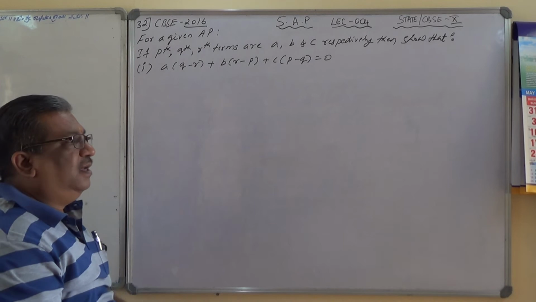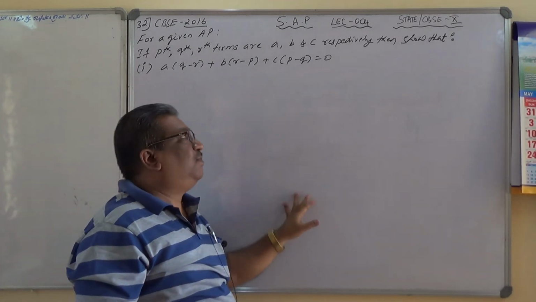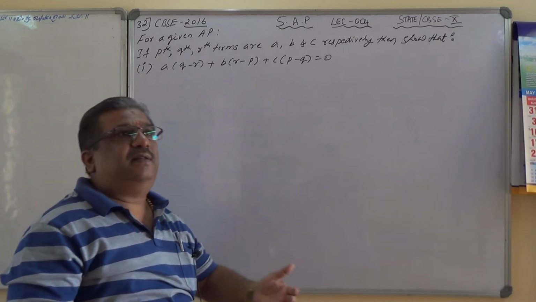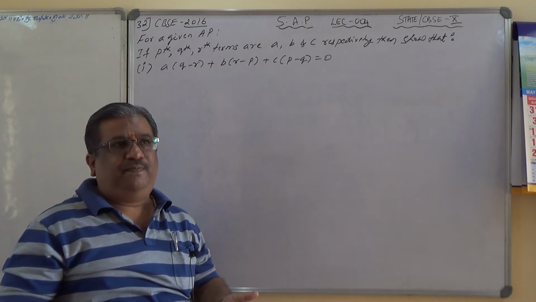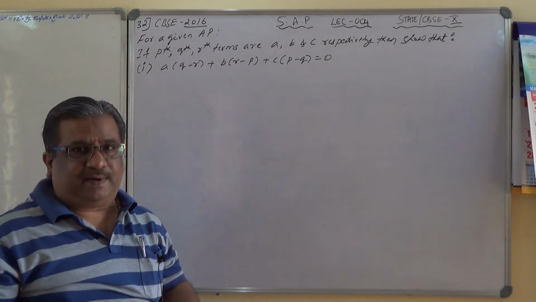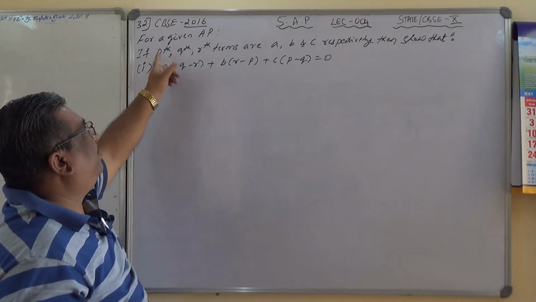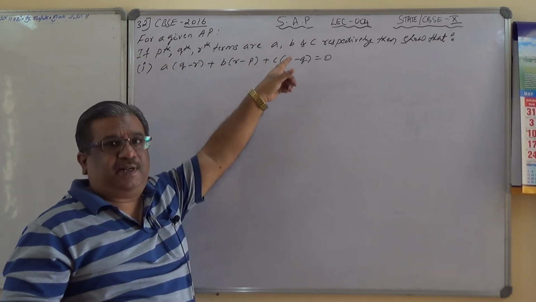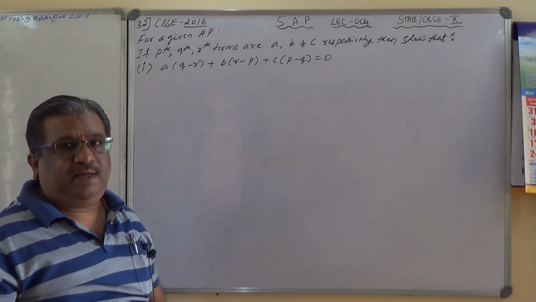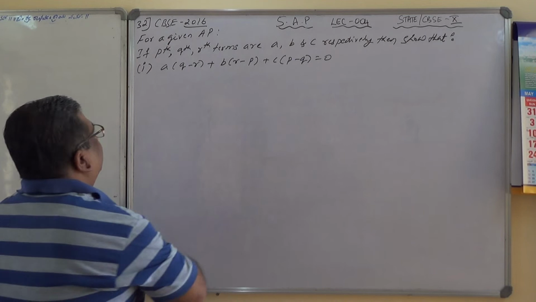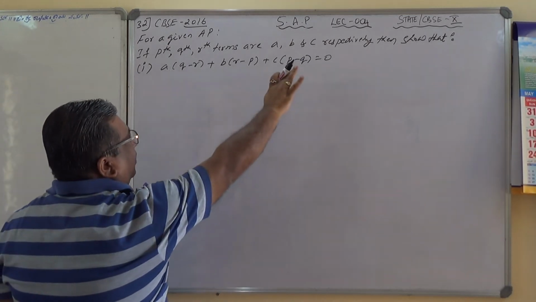Is it right? Here, in order to avoid the confusion between small letters a, b, c and the first term of an AP, I will consider capital A as the first term and capital D as the common difference, so that we clearly distinguish between the values of the pth, qth and rth terms expressed in terms of a, b, c and the first term and the common difference of the AP. Is it clear? Okay. So, first step. There are two sub questions. First one I am taking. This is what we have to prove equal to 0.